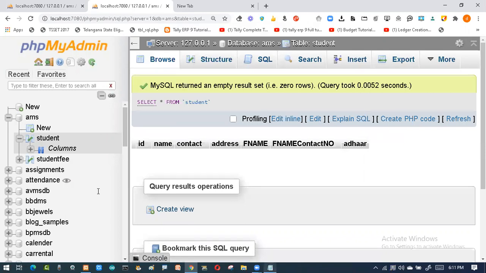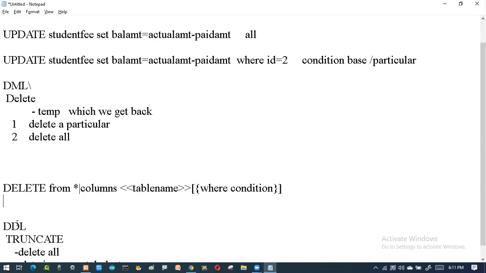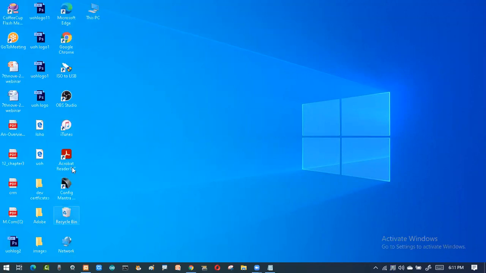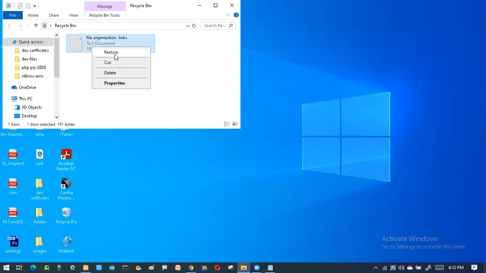So I can do these operations, but based upon the scenario, if you want to get it back with the help of rollback, I can do this. If you deleted something, it's like I had deleted this file. Suppose this is my file I deleted, and you can see I can get it from the recycle bin. If you click over here, I can say open this, and I can say restore. So from my dustbin, this has been reversed.